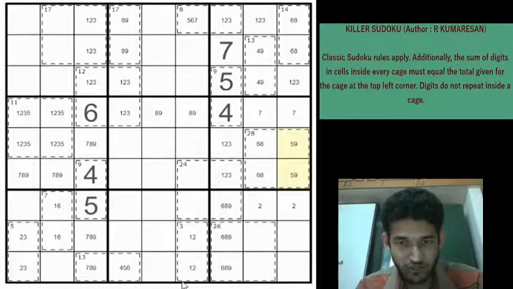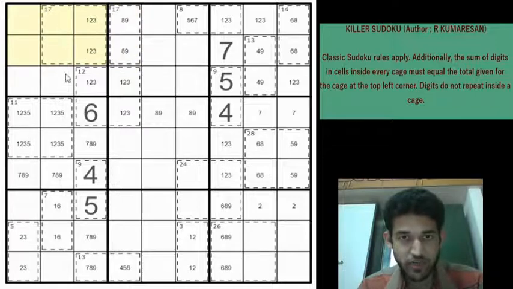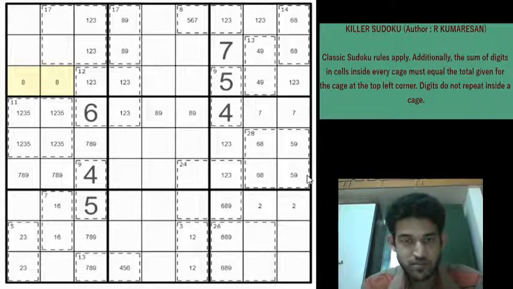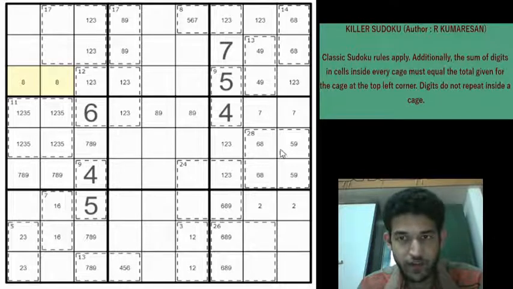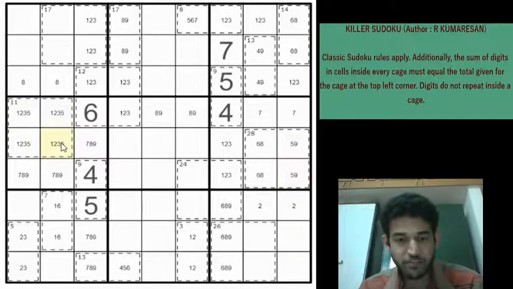Let's look if we have some other deductions now. So we have 8 in one of these 2 cells and 8 in one of these 2 cells. Which means that the 8 cannot be in these 6 cells in box 1. So 8 will go into one of these 2 cells, right? That's good. So any more deductions we get? Right. We have eliminated 5 from these 2 cells, right? Because 5 is here, which means that 5 in row 4 must be in these 2 cells, right? Which eliminates the 5 from here and here as well, because 5 will be in these 2 cells.